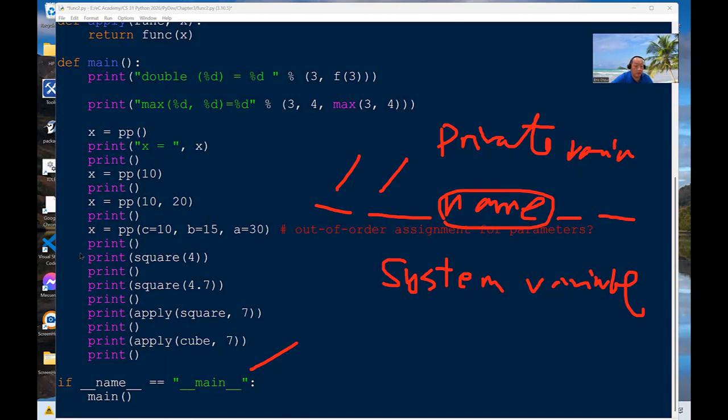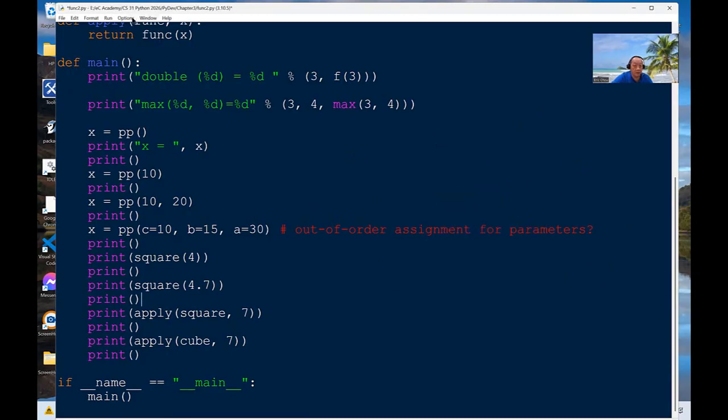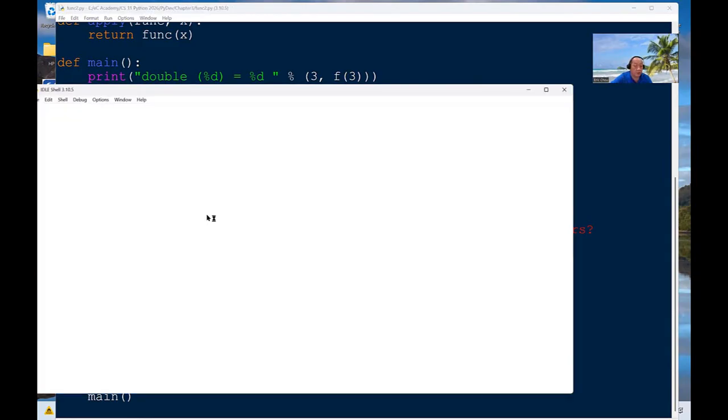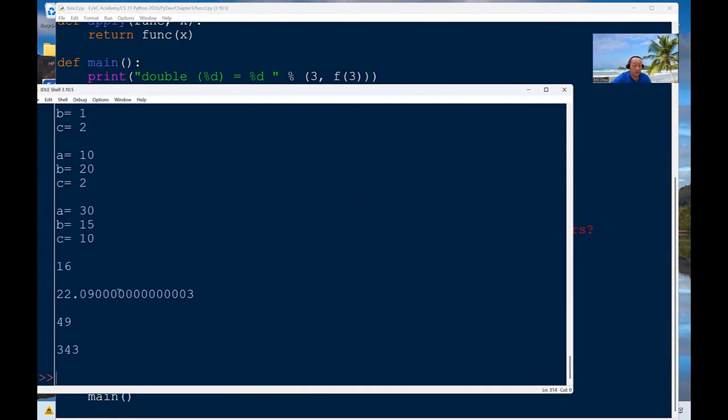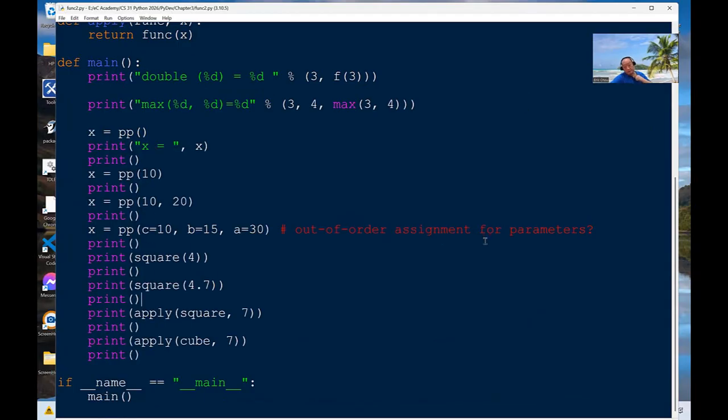This means if I run it, then this function 2 is a main function, so you can run. Okay, you can run. Okay, let's try